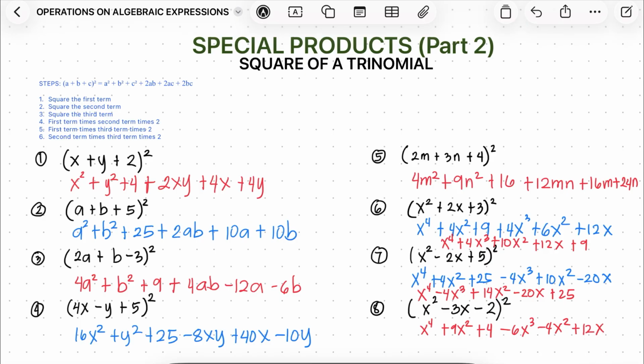And then put your answer in order and combine like terms. So x raised to 4, and then minus 6x cubed, and combine 9x squared and negative 4x squared, that gives us positive 5x squared, and then positive 12x, and positive 4. And that is how to square a